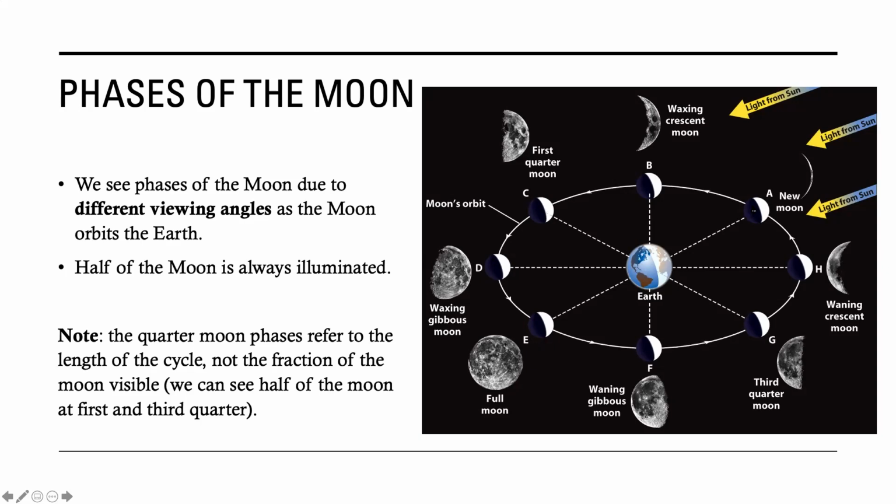So by the time the moon has gone from the new moon phase all the way around to position G, it is now 3/4 of the way done with its cycle. And then the last quarter brings it back to a new moon. All right, so